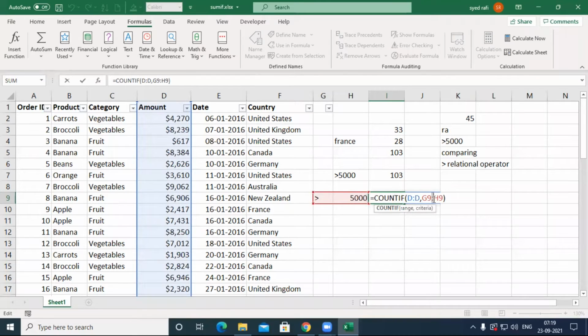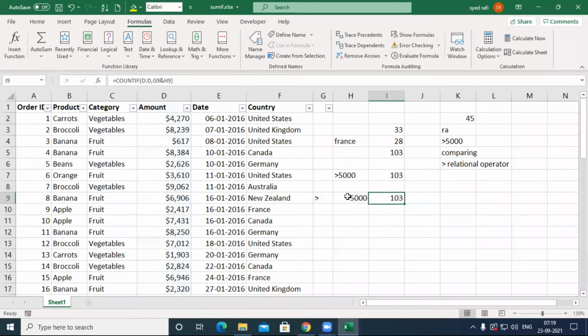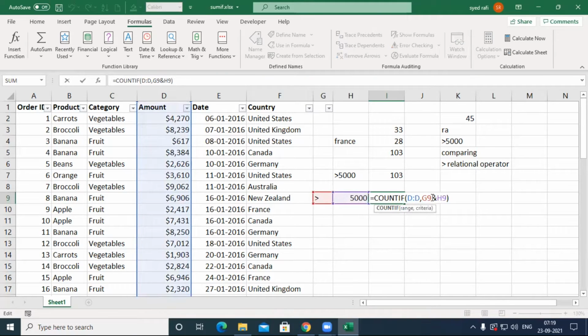So instead of this one, simply you place an ampersand, which means the concatenate operator. This will be combined with this one and you get the correct answer. Whenever the data is split into different cells, if you want to combine all the cells' data, then you may use this symbol, called the ampersand. Its working nature is to concatenate G9 and H9, where the data is available in both cells. Okay, this is one style.